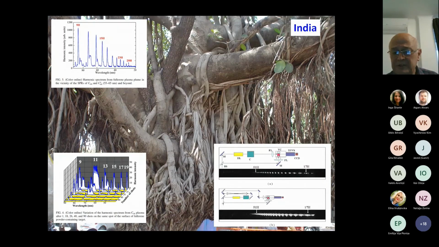And finally, I would like to say that those methods allow us to demonstrate a so-called 3D picture. Depending on the number of shots, you can analyze and create the conditions for analysis of high order harmonics in different plasma materials. And finally, one spectrum shows just a simple spectrum in the case of the common method of high order harmonic generation, and once you create filaments and then send the beam through this propagation, you propagate through the plasma, you create a much stronger, extended and broadened spectrum of harmonics.